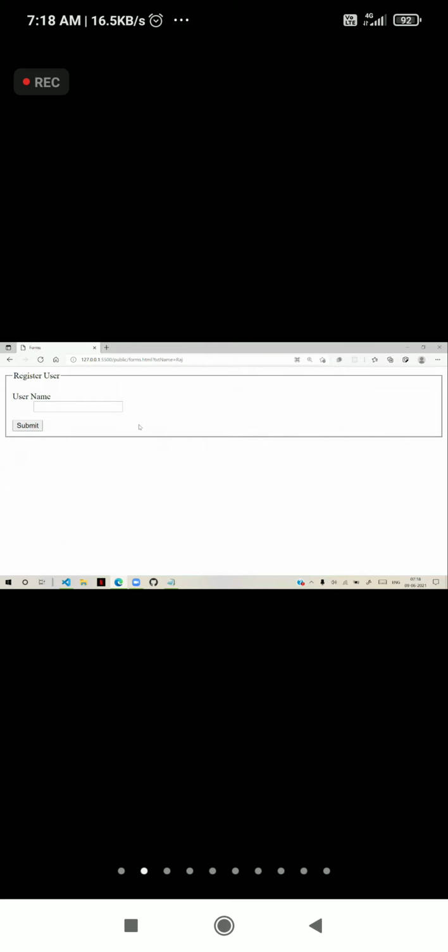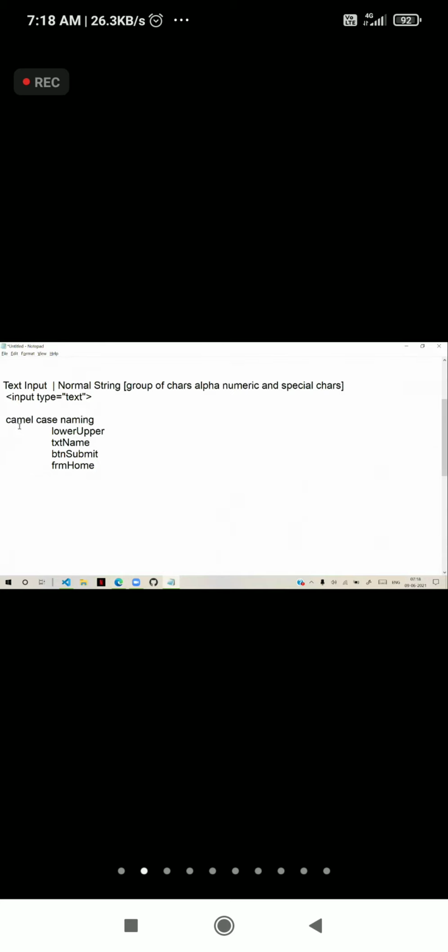So it's important that every form element must have a name. If a form element does not have a name, the form cannot submit that element's value on a GET request or POST request. Whenever a form element has to submit its value, it should have a name. So what are the important attributes of a text input? One is name, another is ID, another is value, and class. These are very common things.